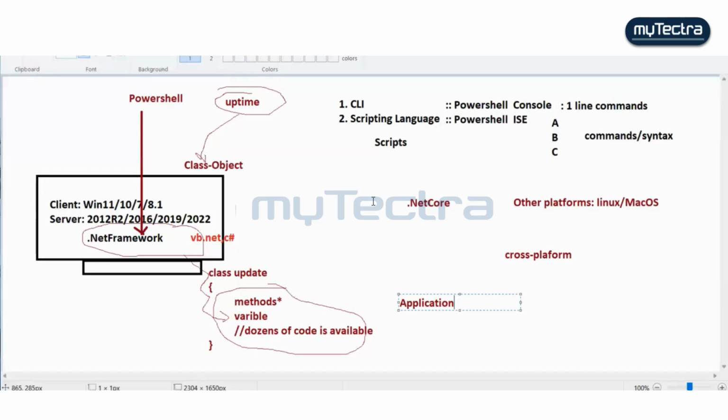It's cross-platform, platform independent, and whatever features are available in Windows, the same kind of features can be implemented using PowerShell through Linux and Mac OS. You can easily implement it. If you search about .NET Core, .NET Framework, if I talk about it,